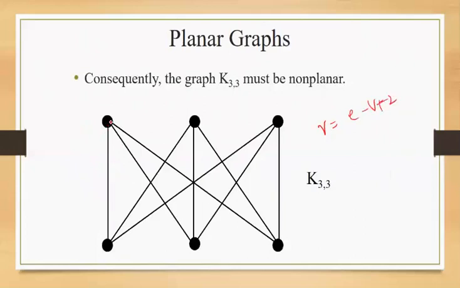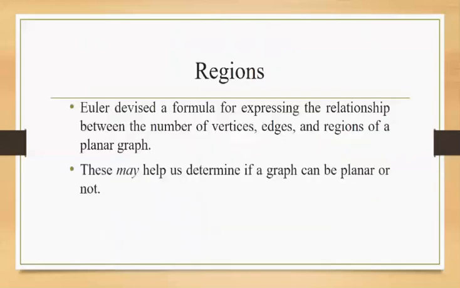Over here, how many edges do we have? We have 1, 2, 3. For each vertex I have 3 edges, so the total number of edges, counting only one side of each pair of vertices, is 9. So 9 minus the number of vertices, which is 6, plus 2. So 9 plus 2 is 11, minus 6. It says that we have got 5 regions. But is it possible? We have seen all the different ways and we see that K33 is not planar.